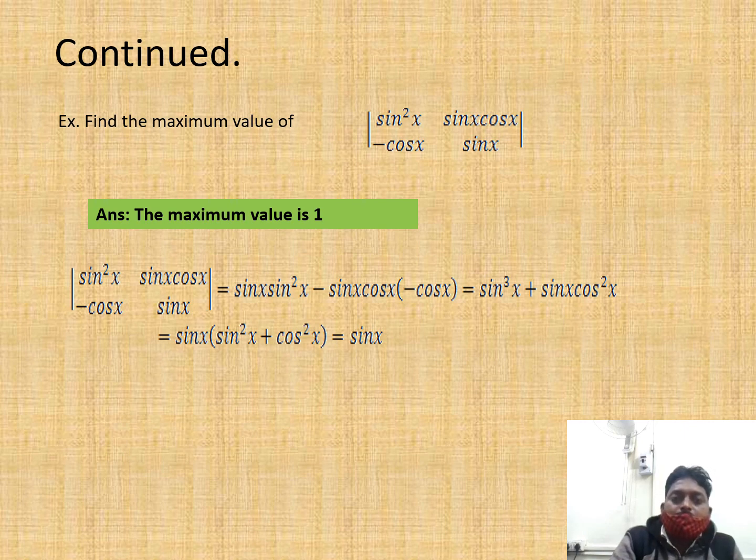So all these are about determinants, and you will come to know about order 3 determinants later, not all at a time. First be habituated with the determinant of order 2. Find the determinants of many order 2 matrices, and also find the value of x. Next class we will go to third order. Okay, thank you.